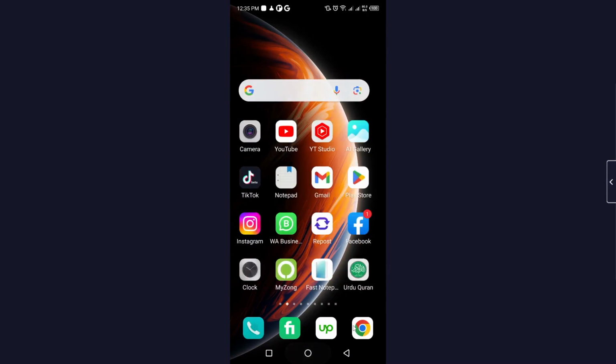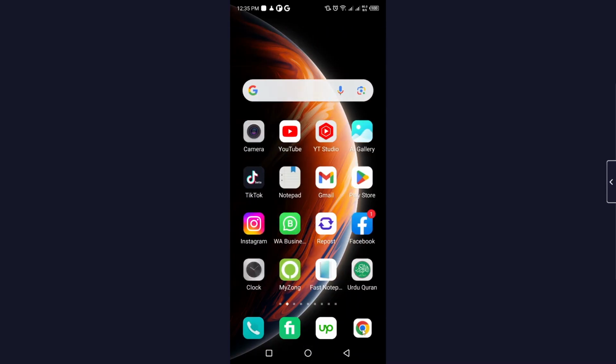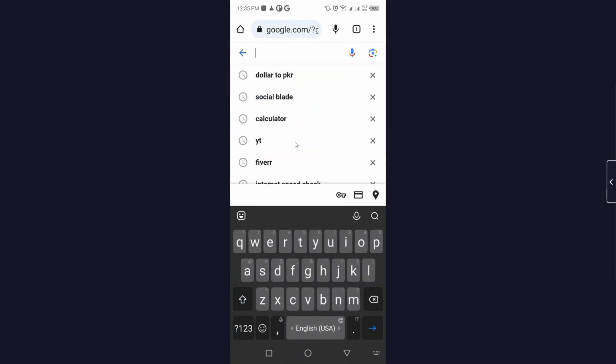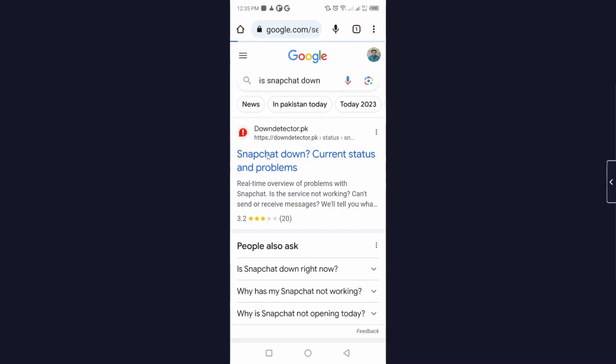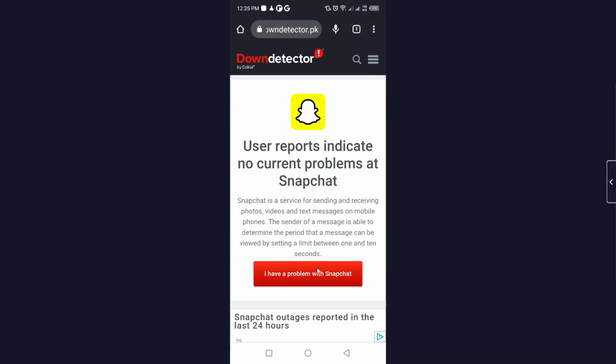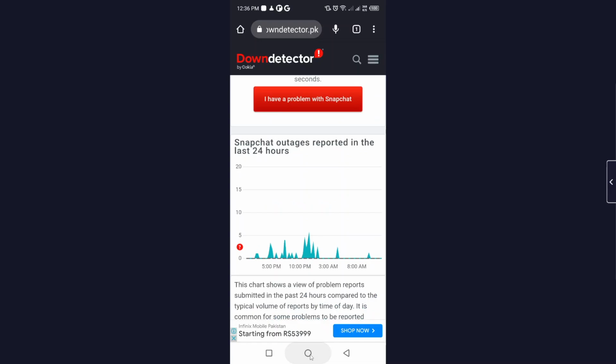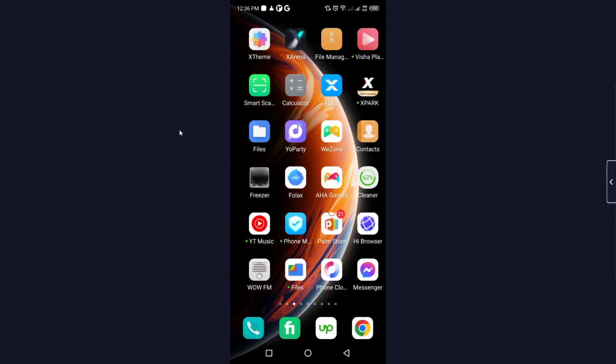But if you still face an issue, you simply need to go and open any browser. Once you are in the browser, you simply need to search for "is Snapchat down". So click on that. As you can see, if there is no issue here, you simply need to go and open your